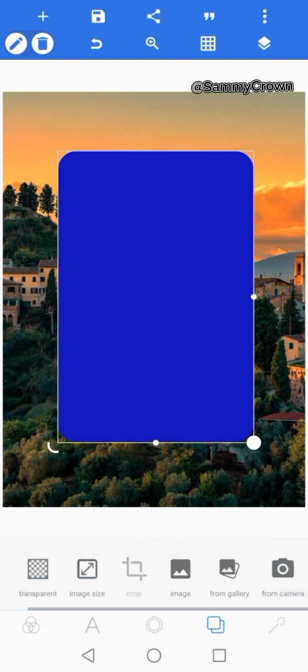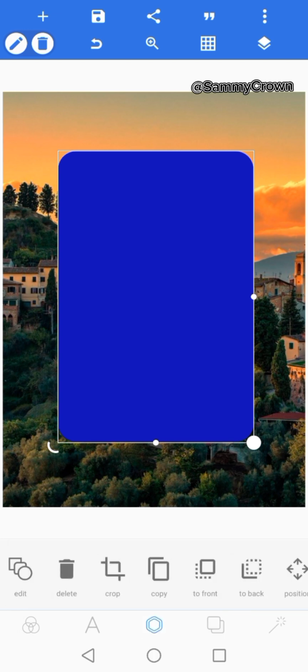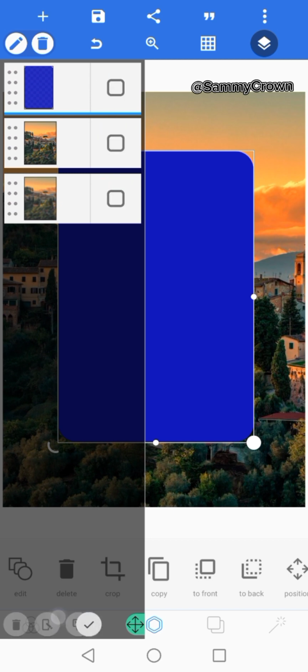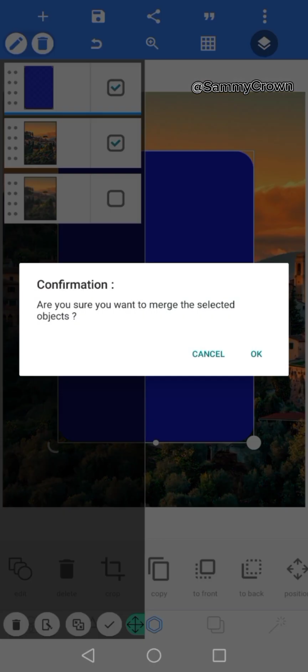I'll be choosing blue. Okay, blue. So now you are good to go on this particular piece. Then the next thing is to go back to your layer and then lock the two surfaces together. You're going to merge these two, the sharp surface and the other, you are going to lock the two together, and after locking them you merge them together